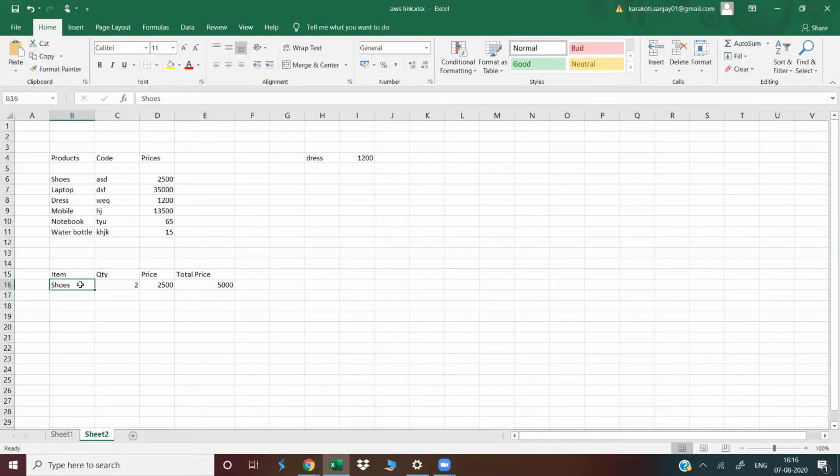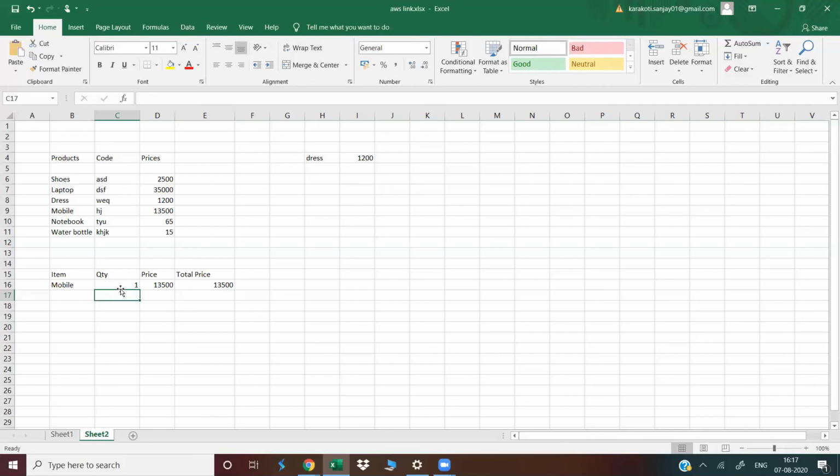Now let us see if I change my item, what happens. Now I'm buying a mobile, and the price for one mobile is 13,500. So my total price, everything gets automatically changed. Right. So in this way, we are generally using this VLOOKUP formula along with other formulas. Generally, it's not like we are using just one thing. We use a lot of things to get what we want, depending on our requirement. So in this case, I just gave you an example of how we get